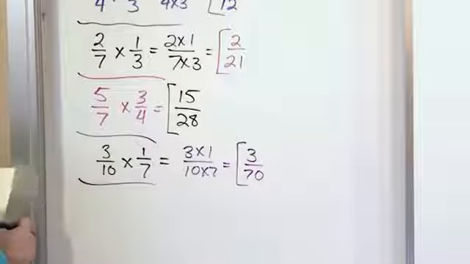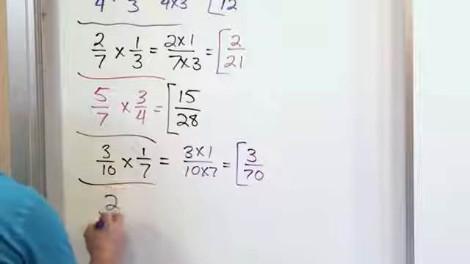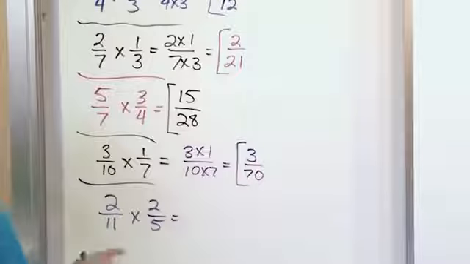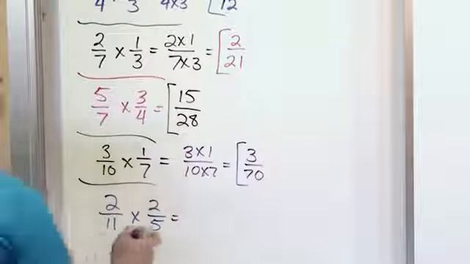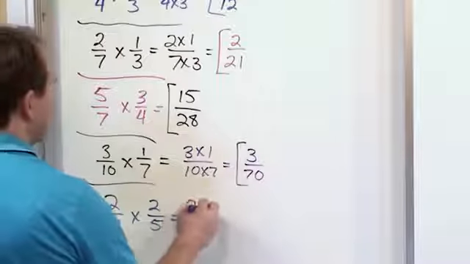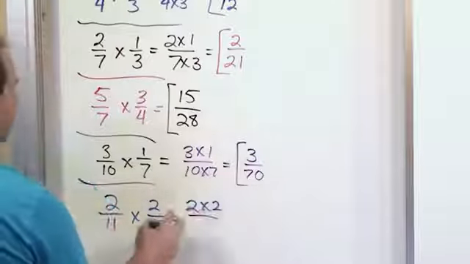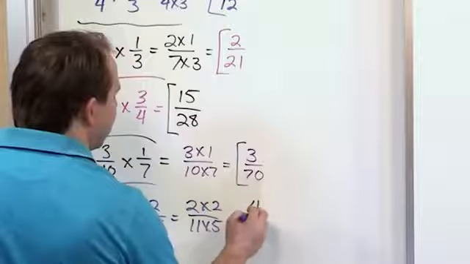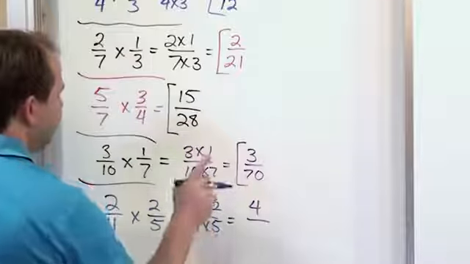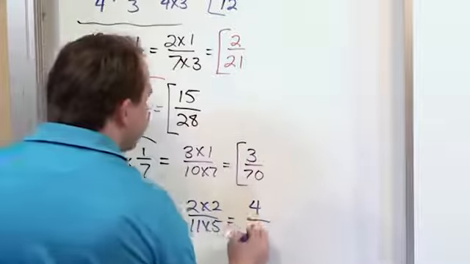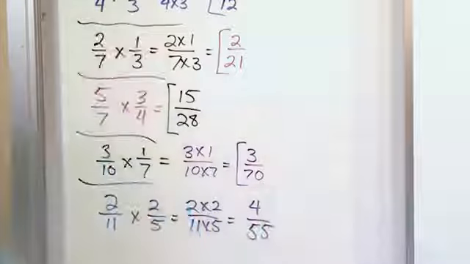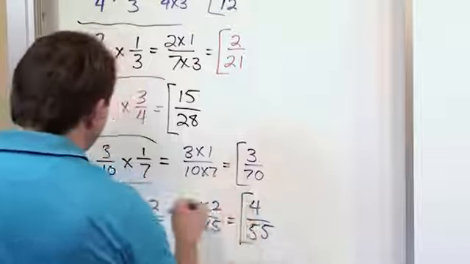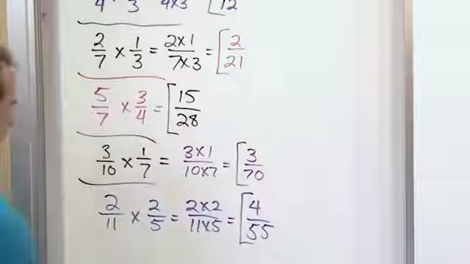For the final problem, let's say we have 2/11 and we're multiplying by 2/5. So again, I don't care about denominators when I multiply fractions. So on the top, 2 times 2, and on the bottom, 11 times 5. And so on the top, 2 times 2 gives me 4, and on the bottom, 11 times 5, if you think about your multiplication tables, is 55. And I try to look at that and see if I can divide top and bottom by something, simplify it, and I really can't. So I just basically stop right there, and I'm finished with the